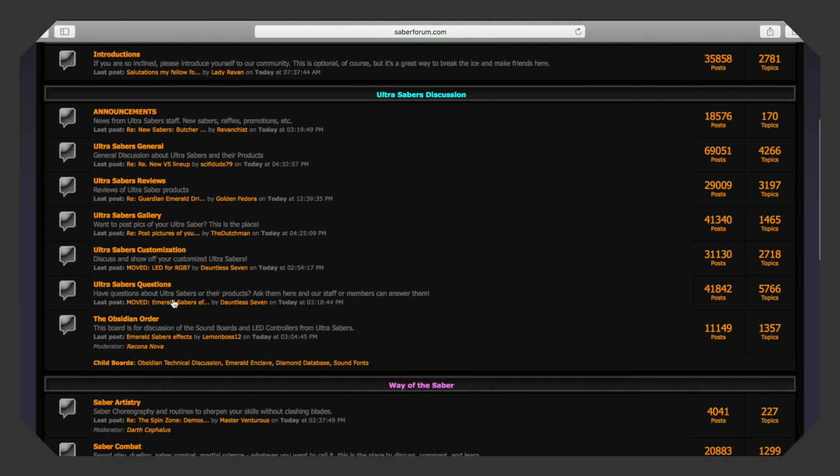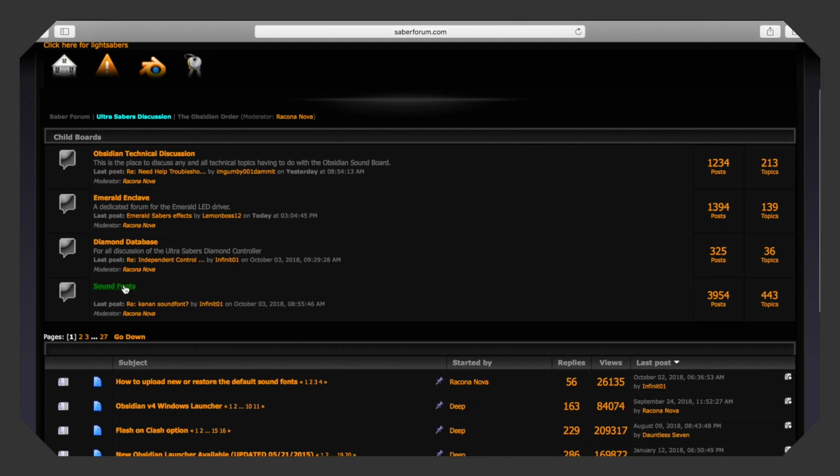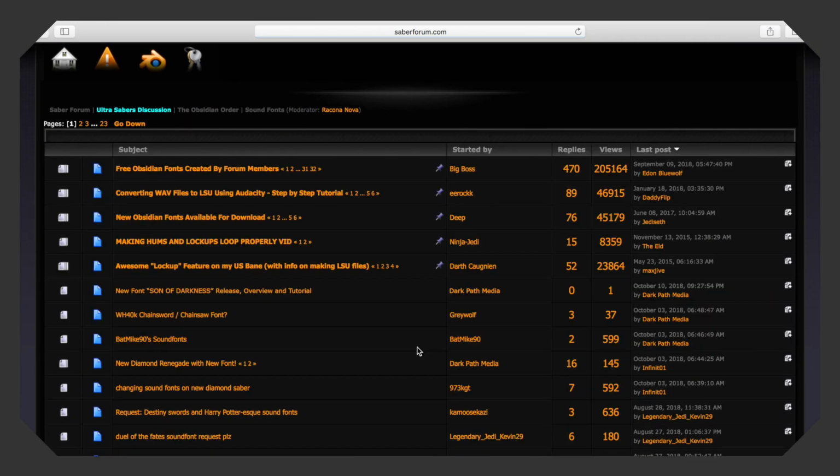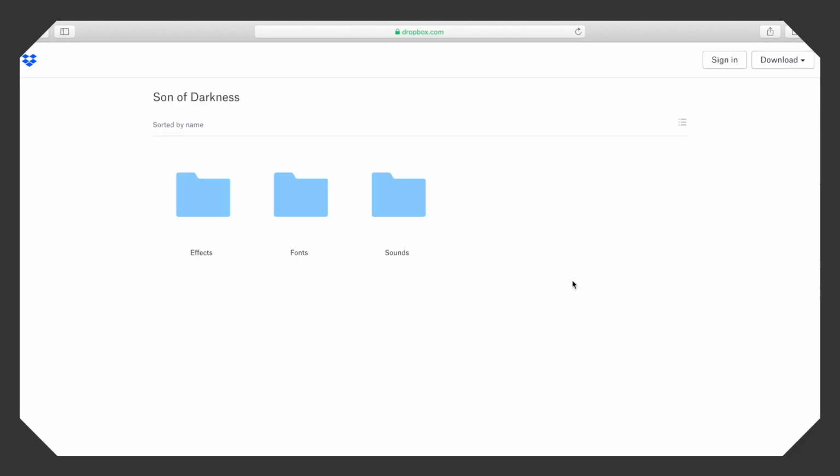Click on the Obsidian Order. Then, click on Sound Fonts. Click on my post entitled New Font, Son of Darkness Release, Overview, and Tutorial. Click on the link provided entitled darkpath.media/Son of Darkness. And you will be taken here to the files in my Dropbox. Here, you will see 3 folders in the main directory: